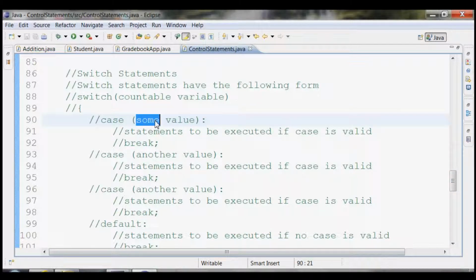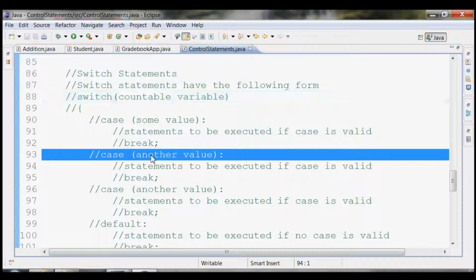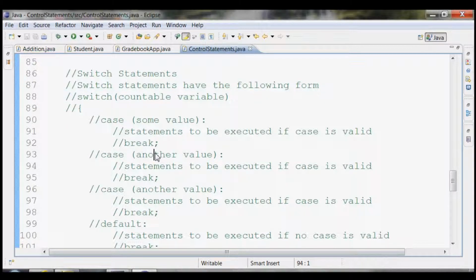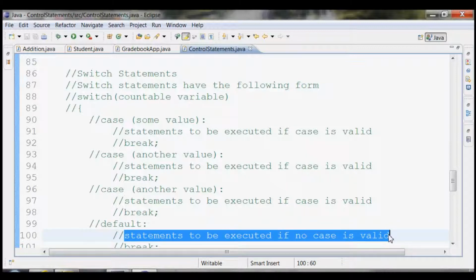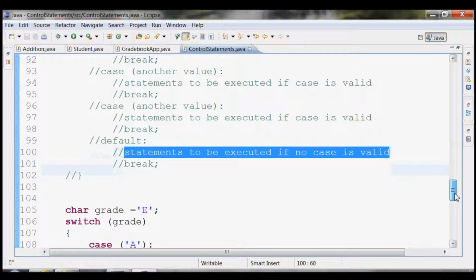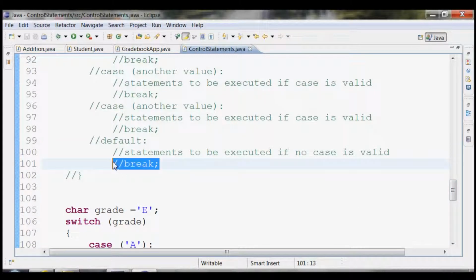If this value does not match what's in here, then you go to the next case statement and it checks that one. If that one matches, then those statements are executed. If it doesn't match, then it checks the next one, and so on. If you get all the way down to the default value, the default value is like the else in an if statement. If none of these values match what's in the variable up here, then the default gets executed, meaning that there's no match, and sometimes people will just put a statement to indicate that. The break statement in the default is optional, but I always put it in to add